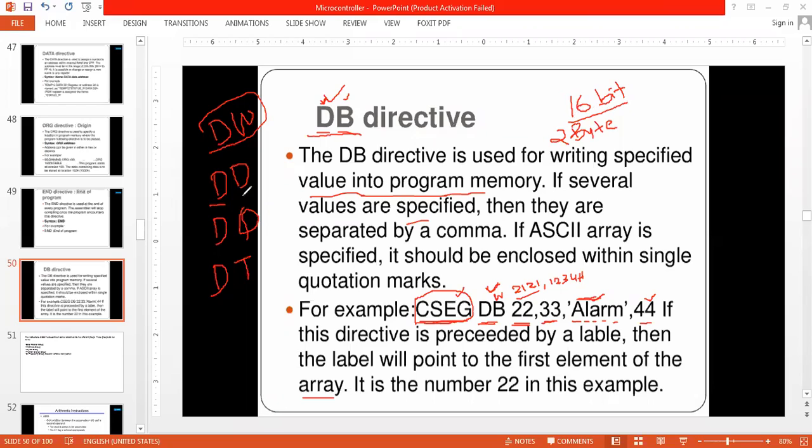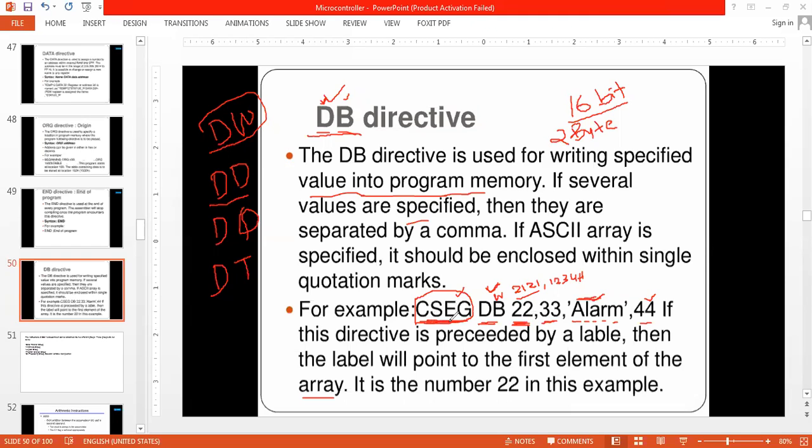Then DD stands for double word. You know array, right? This data is going to be stored into the CSEG label at a particular memory location. This is the data, not the memory location.